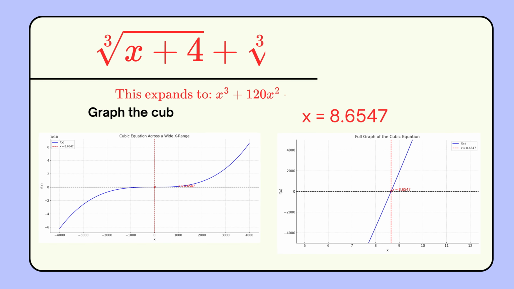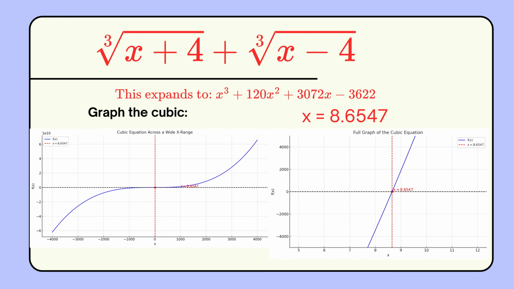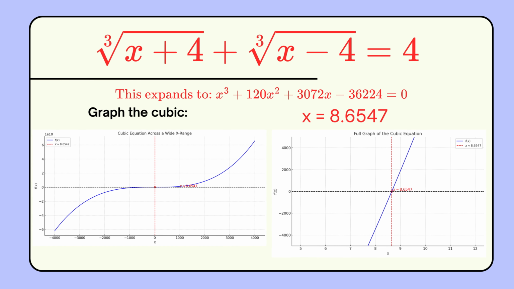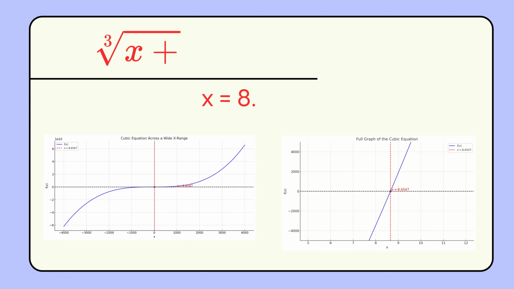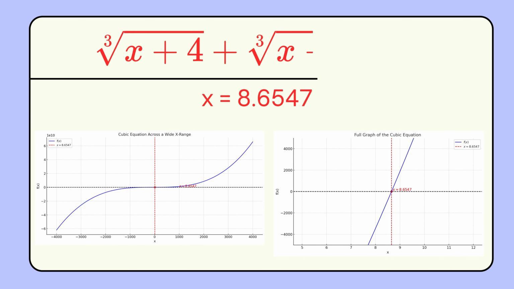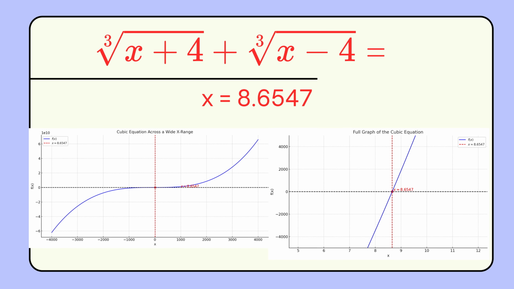This cubic isn't easy to factor, so we solve it using a graph or calculator. The graph shows us that the real solution is approximately 8.6547. And that's it. Our final answer is x equals approximately